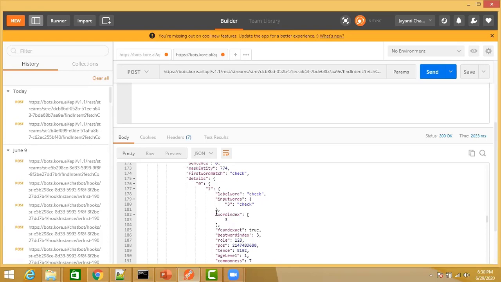Okay, so you are not using the function directly from the bots platform. What you're doing here is using an API call to perform that particular function on the platform and get the response back from the platform. So that is the main power that you have when you are making an API call.